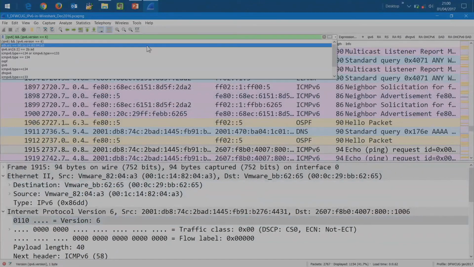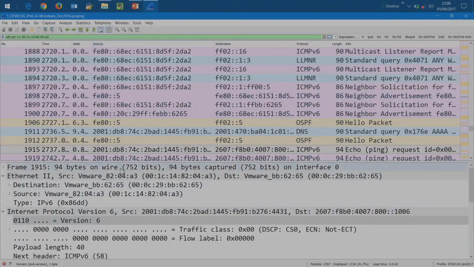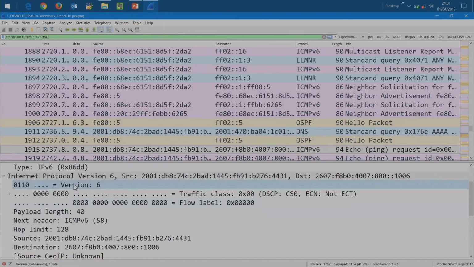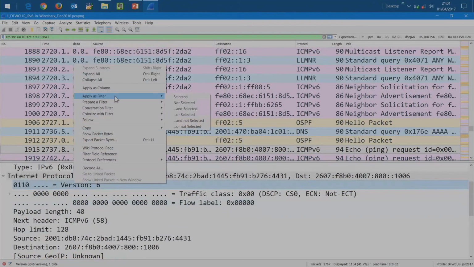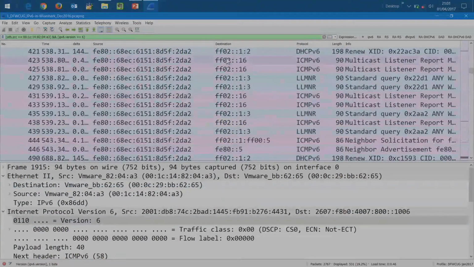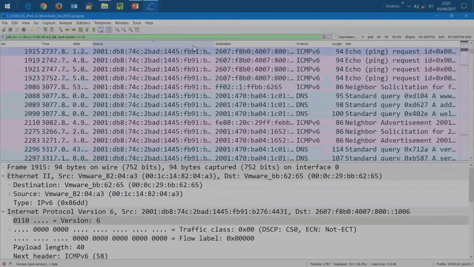There it is. There's the source. And I want to look at that source on any V6 traffic. So apply as filtered and selected. And here is what I find out. I'm also going to do a sort on source address.